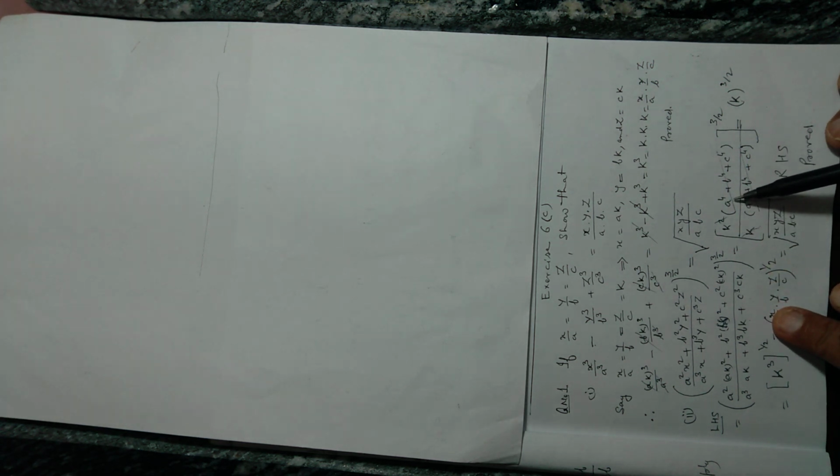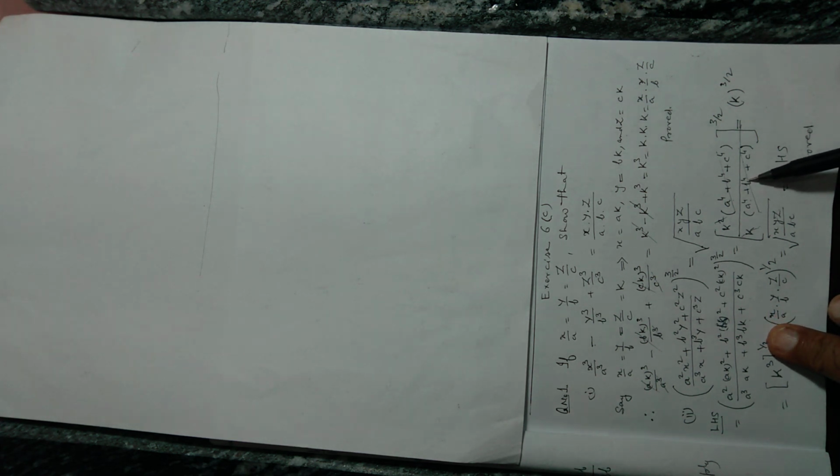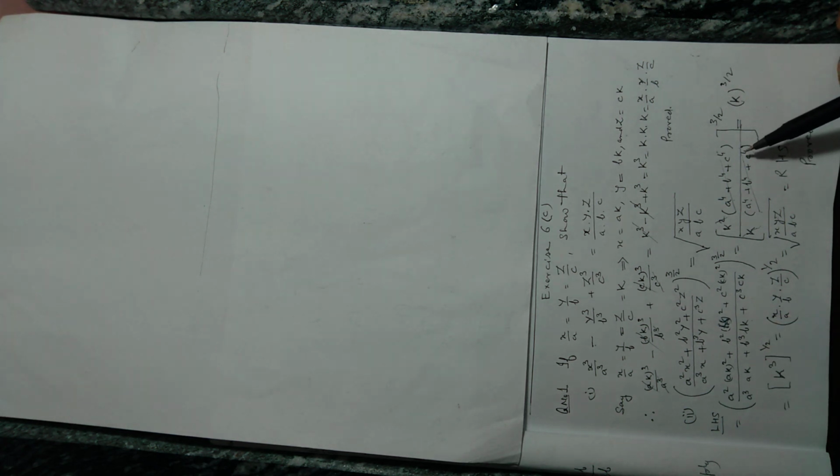So k square and k you will cancel and you will get k in the numerator part. You see in bracket a raised to power 4 plus b raised to power 4 plus c raised to power 4 whole divided by a raised to power 4 plus b raised to power 4 plus c raised to power 4, and it will be cancelled. So ultimately k raised to power 3 by 2